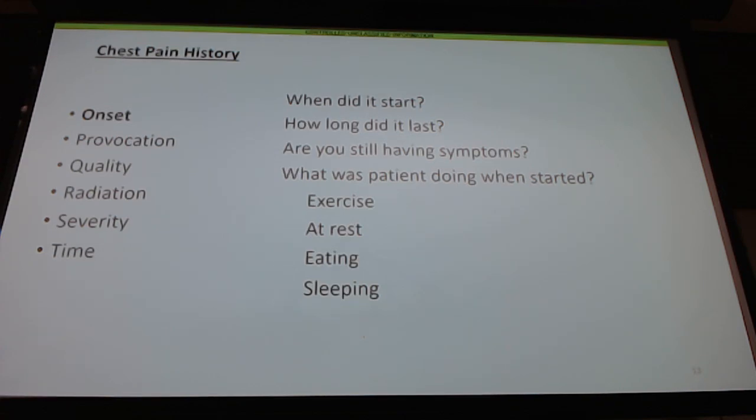When you go to set out and do your history and you start to do your physical on your patients with suspected acute coronary syndromes, we want to go through our OPQRST. Granted, we're going to go through it fast. I'll show you when we talk about management what our time hacks are. This is not your 20-minute, 30-minute head-to-toe assessment kind of thing. This is direct, give me the answers I need right now so I can act quickly.